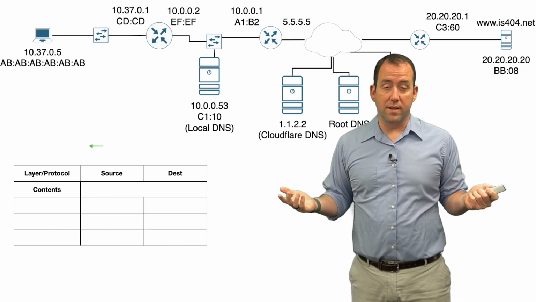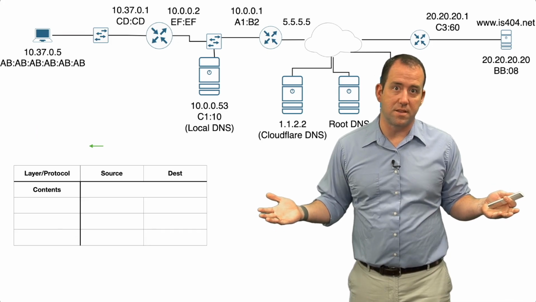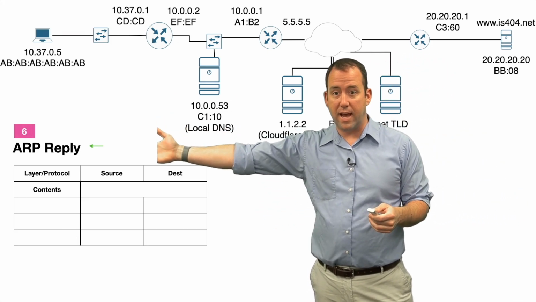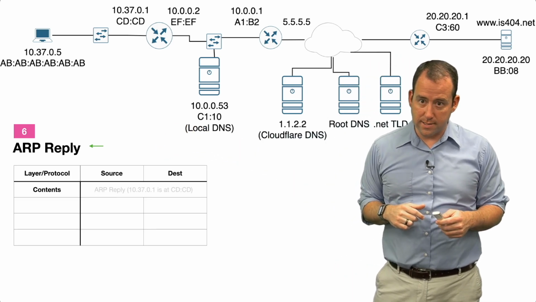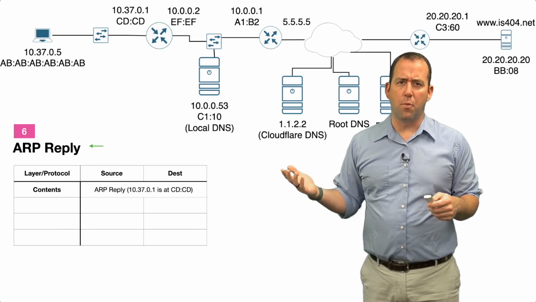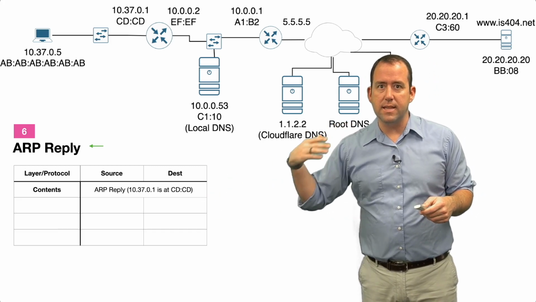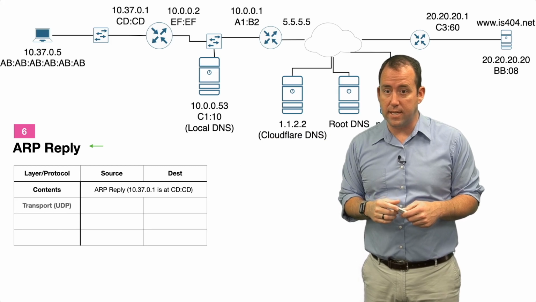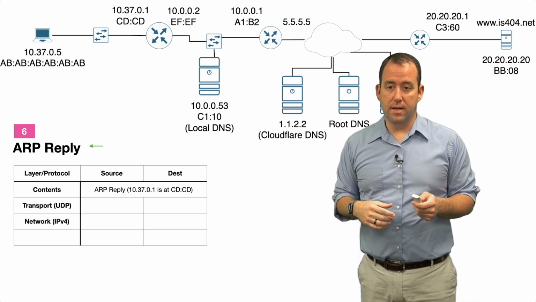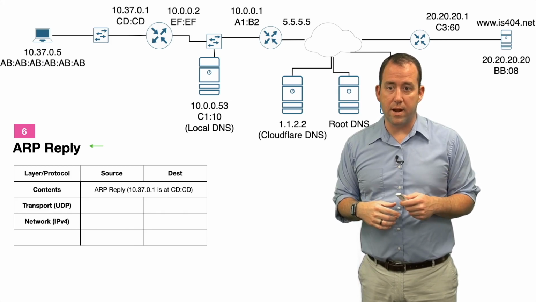The computer that we are requesting, in this case 10.37.0.1, is going to respond, and it's going to send an ARP reply as a unicast back to us. The ARP reply says that 10.37.0.1 is at CDCD. The MAC address that you're looking for is CDCD, and once again, there's nothing in the transport or the network layers,